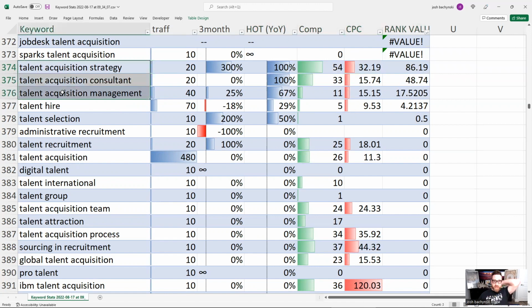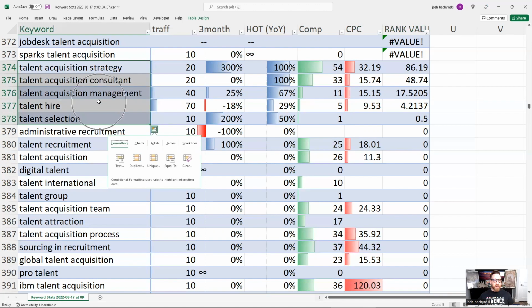These particular queries here are really hot right now. They're up from last year. Some are doubled. Some are up 67%, 50%. Some are even up in the last month, 3 months. This is great low-hanging fruit that if we rank you for, you're going to be on the up climb of hot business opportunities. The competition is relatively low, but the CPC is really high. That means there's a lot of money involved here.